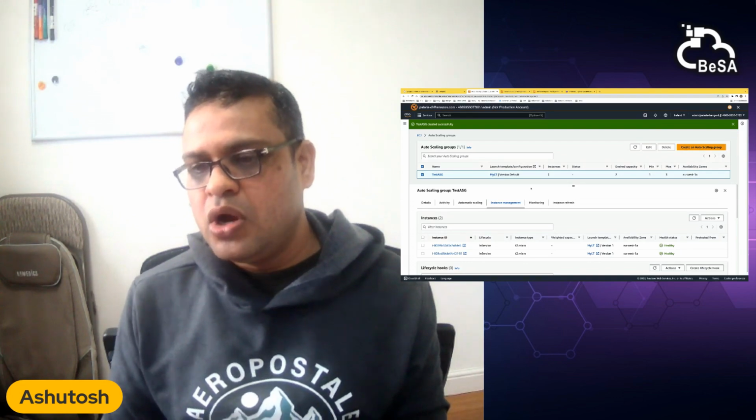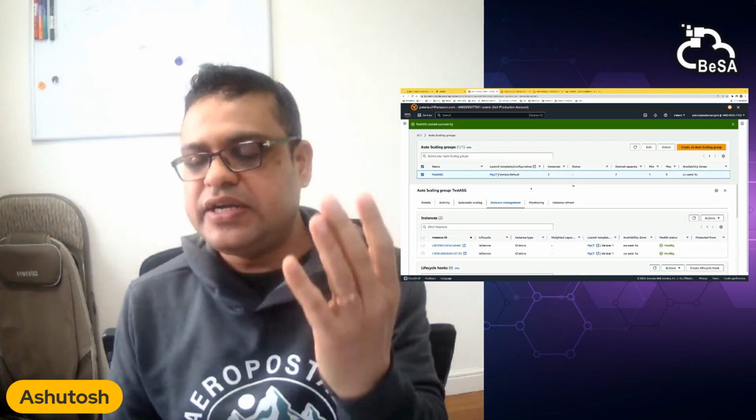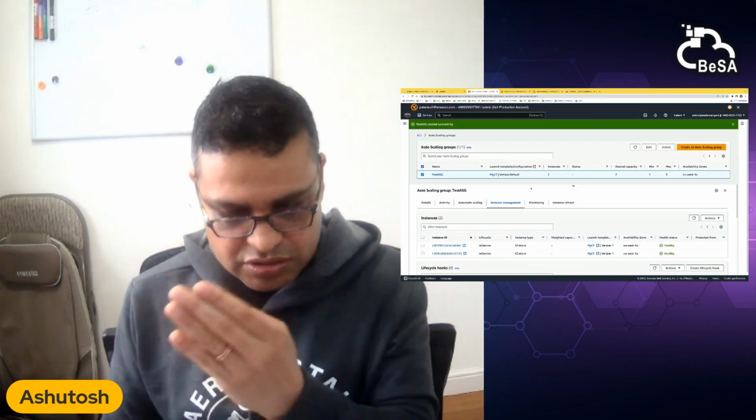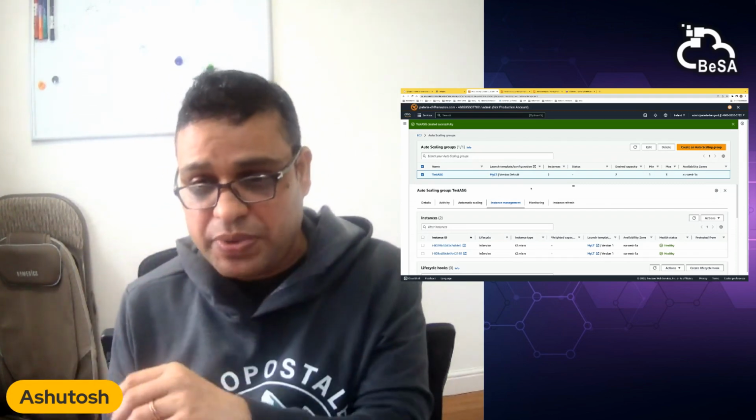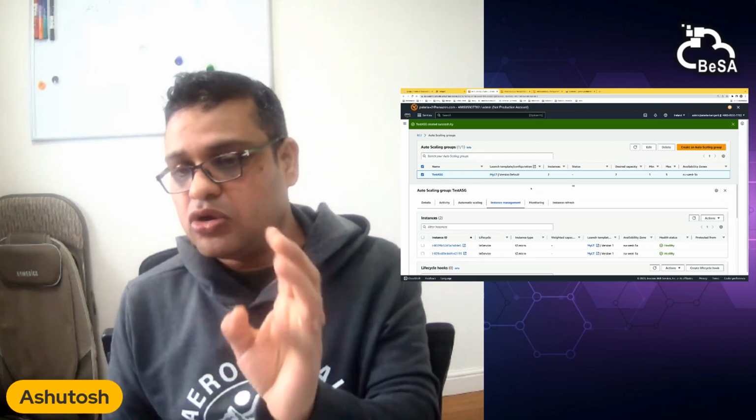Because you want some sort of front end to front those instances, and this is where the load balancing service comes into the picture. So you can front your auto scaling group with a load balancer, so it will maintain the capacity, and the load balancer will front all the requests, so you get a better customer experience. So there are various ways you may want to use it, right?